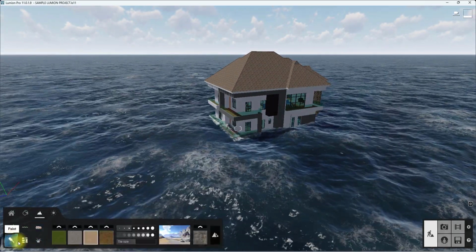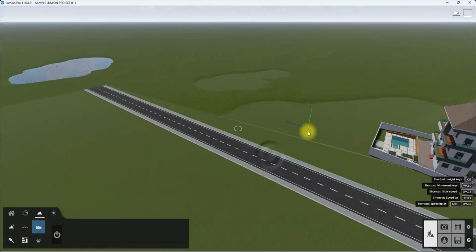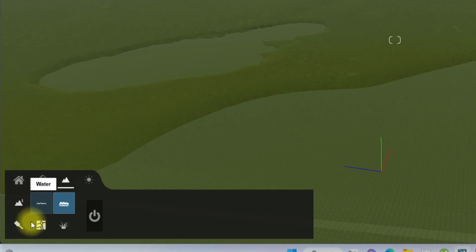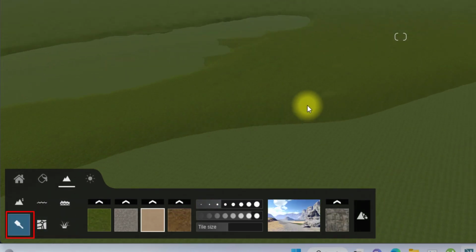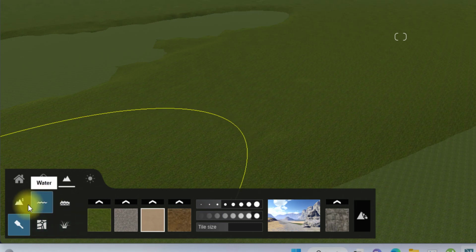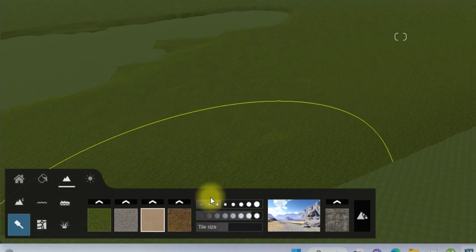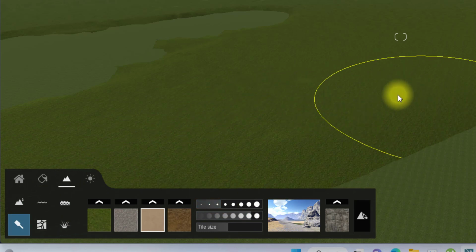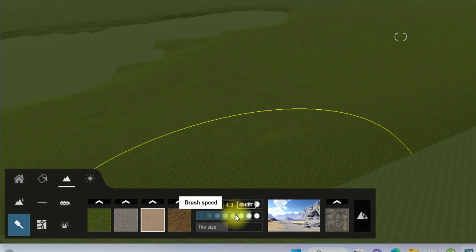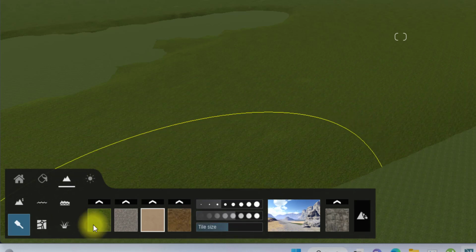Okay, we're now going to go to paint. We are going to go back to ocean and switch it off just to switch it back to normal, and we're going to go to paint. Okay, this paint is similar to the height menu. You have the brush size and brush speed. The brush size is the area where the effect will be applied, and the brush speed is how fast it will be doing it. So we are going to just reduce the brush speed a bit,